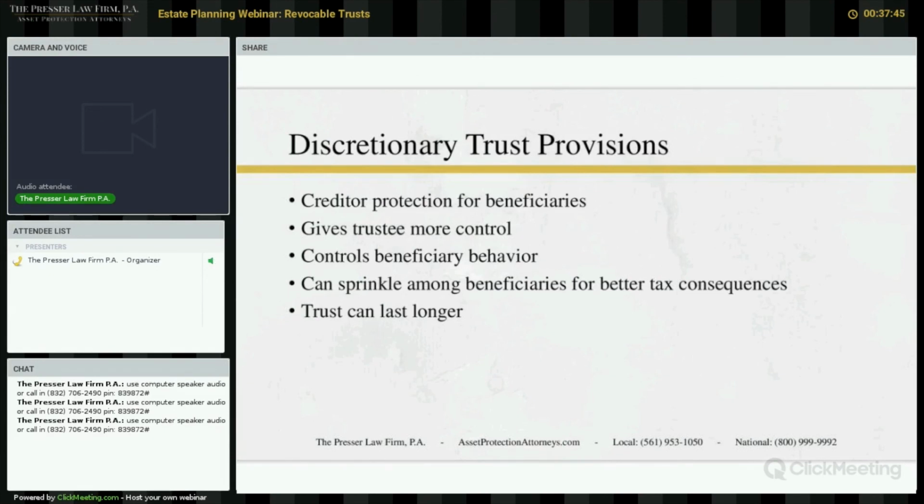It's not an absolute guarantee, but it's much more difficult for that to be broken into, even for those types of things. Under the discretionary trust, the trustee has a lot more control, which you may or may not want, and that's a lot of reason that some people don't do a discretionary trust. But if you give the trustee the control, then the trustee can really monitor the situation and give only to those beneficiaries what they need and what the trustee feels they can handle. Keep in mind that the trustee doesn't necessarily have to pay and give the money to the beneficiary directly. A well-written trust is going to allow the trustee to pay money on behalf of the beneficiary, maybe pay bills. So it could take the